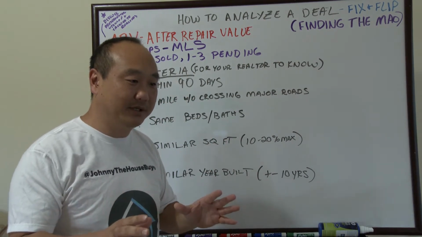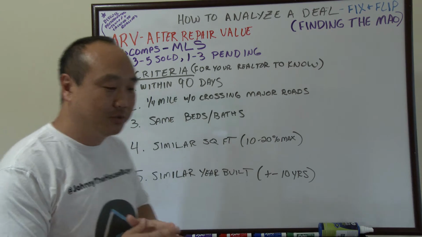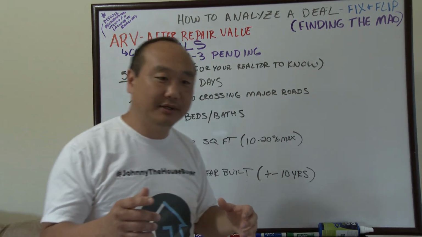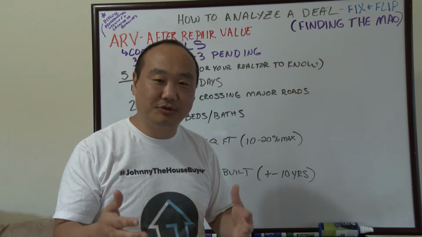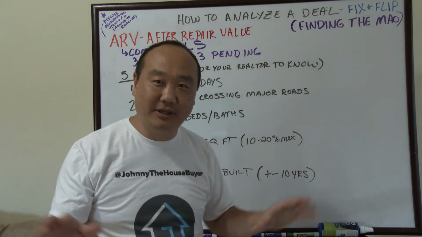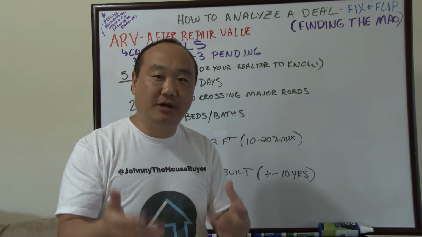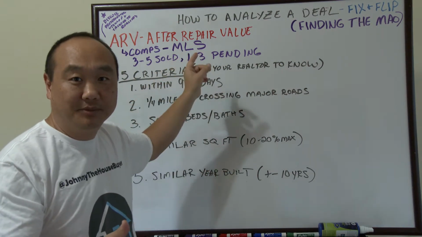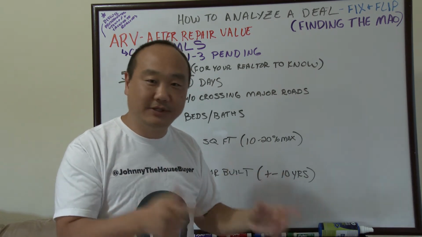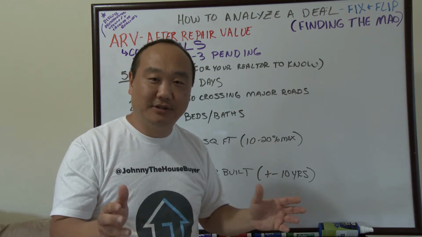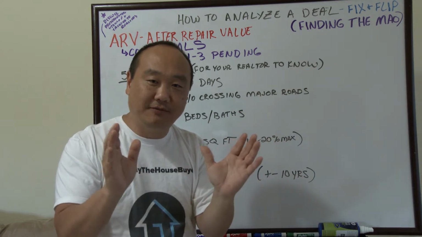Okay. First thing is, before you go through this, what you want to do is look at, and don't get confused when I say this, Realtor.com, Trulia, Zillow, those, just to get a general idea. To really get the ARV, you need MLS comps. But if you hound your realtor 5 or 10 times a day, he or she's going to get kind of tired of you. So what you want to do is create kind of a filtering system, kind of a funnel,